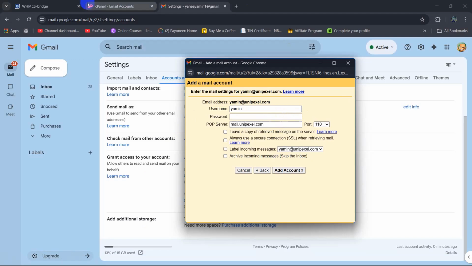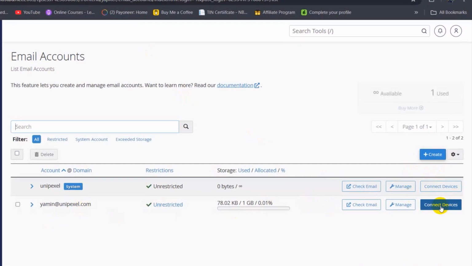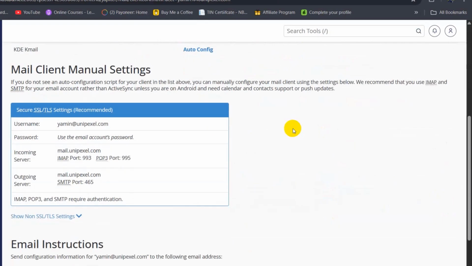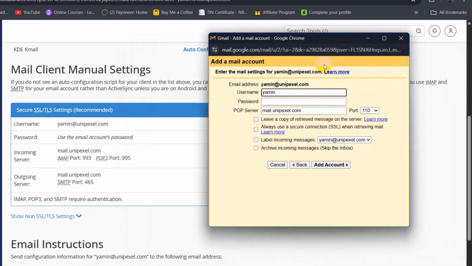So it will take you over here. Right now, here you can see Connect Device. I'm going to click on this button. Then we'll go down and here you can see we have some information. Depending on this information, we need to fill out this form. Here, what will be the username? The username will be this one,